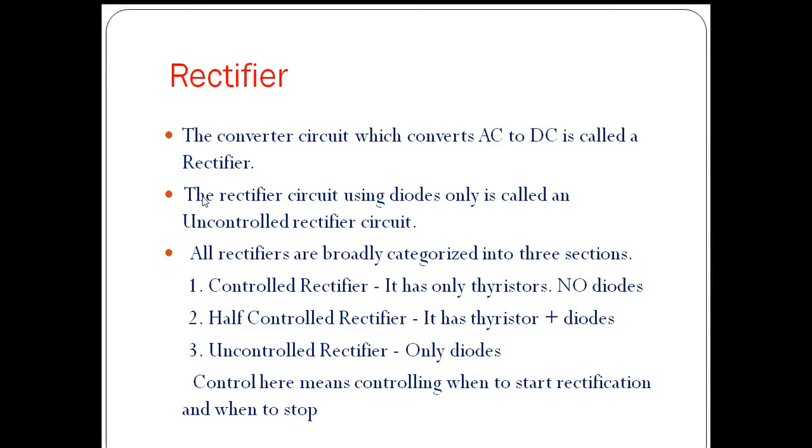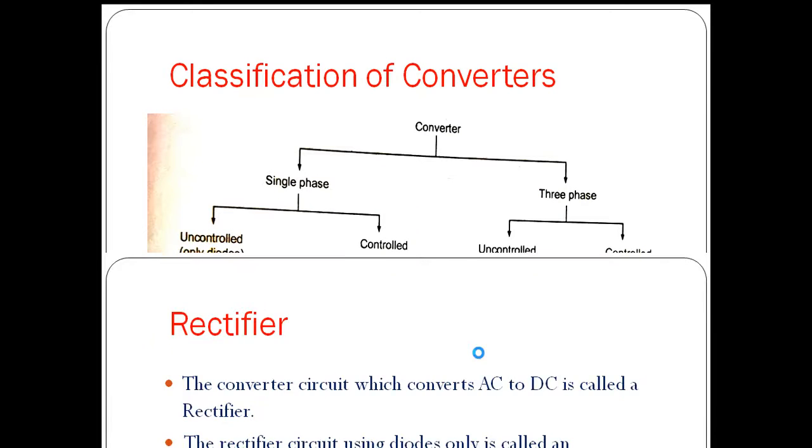So we are mainly focusing on the instant of control of the device. That's why in controlled converters we are using SCRs. Whenever we provide a gate signal to the SCR, once the device is forward biased, the device will be in conduction. That means the device moves from the forward blocking state to the forward conduction state, so current will be flowing. So this is regarding the controlled rectifier.